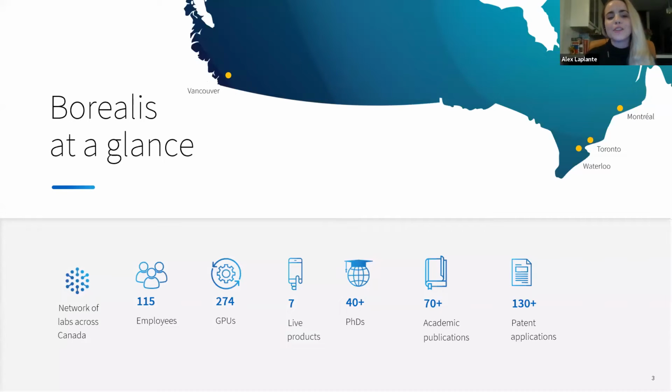So not going to go through all of these details, just want to give you a sense of the type of work we do. While we are a research institute, we're actually very heavily product focused. So we have about 10 product teams, and those product teams service various different lines of business across the enterprise, from capital markets to personal and commercial banking to risk management. And of course, to do the work that we do at Borealis, we need specialized resources to do that. And I mean that in a couple of different ways. One is, of course, our people, and I'll talk a little bit about that on the next slide.